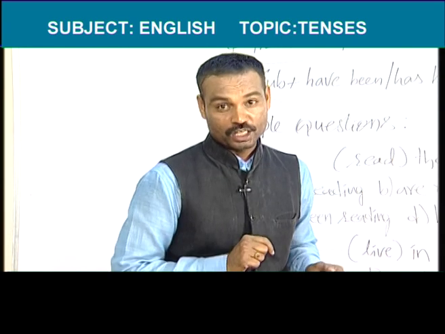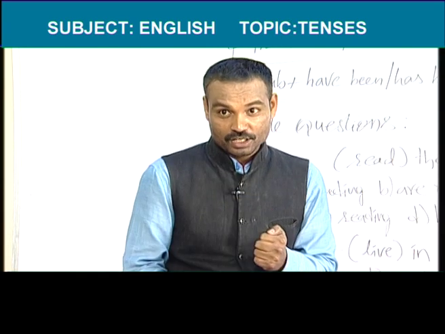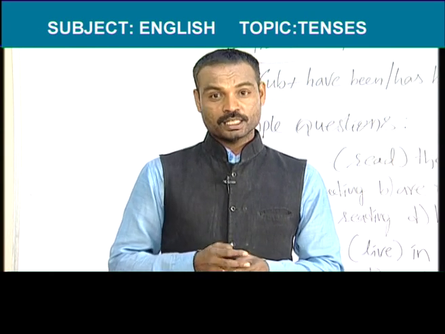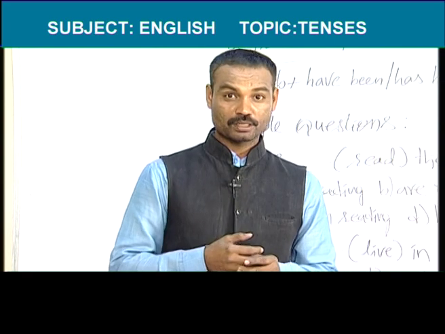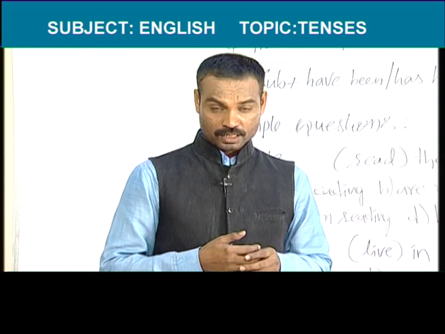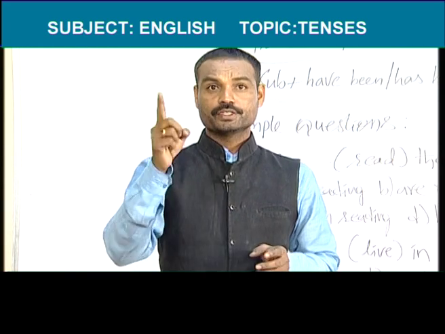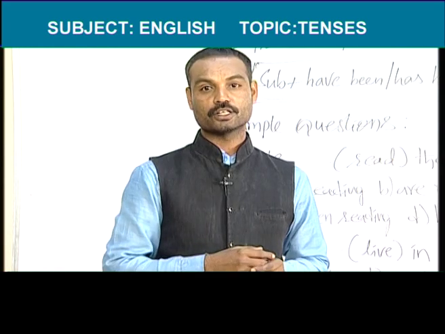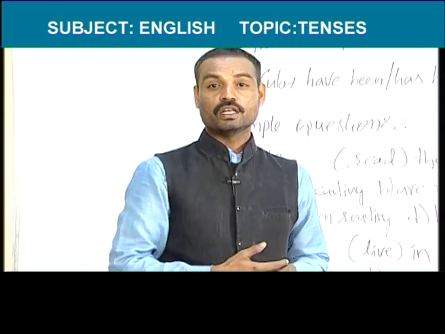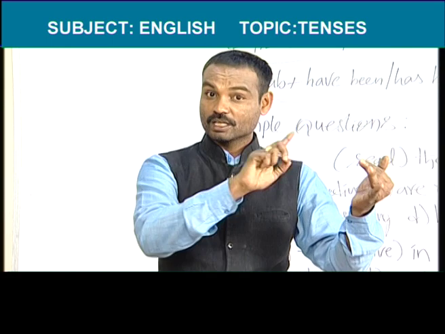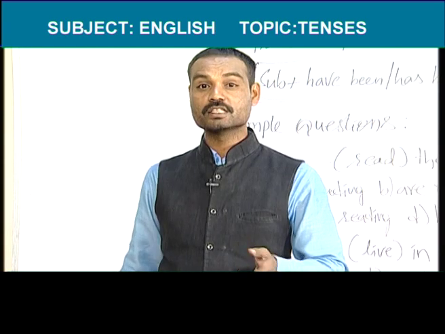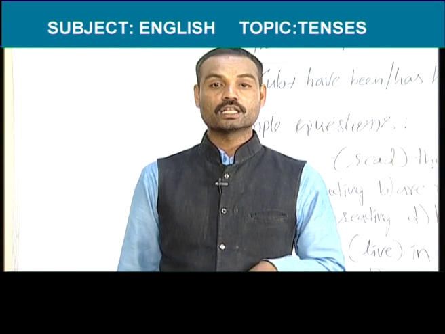with your kind cooperation, I have completed the first 4 tenses. They are simple present tense, present continuous, present perfect, present perfect continuous tense. Do you want me to give you types of sentences from present perfect continuous tense? See, she has been waiting for the bus since 8 o'clock, positive. She has not been waiting for the bus since 8 o'clock, negative. Has she been waiting for the bus since 8 o'clock, interrogative. Hasn't she been waiting for the bus since 8 o'clock, that is called negative interrogative.